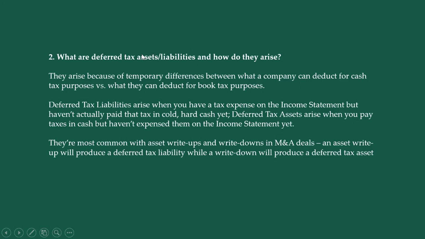If today you are paying $100 to the government, however, as per the government your tax liability was only $80, you have overpaid $20 to the government. This will create an asset because you have paid extra. Today you are taking the hit, but that extra amount will be recorded on your balance sheet as a deferred tax asset.